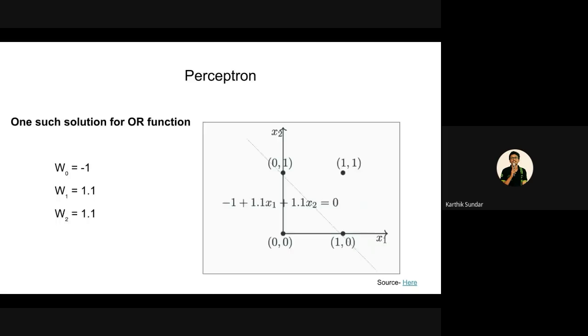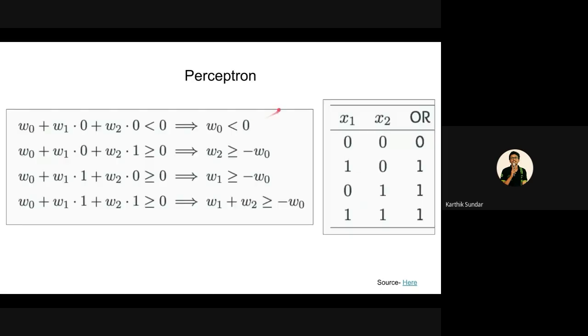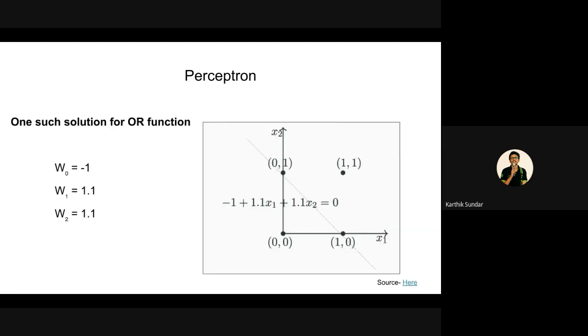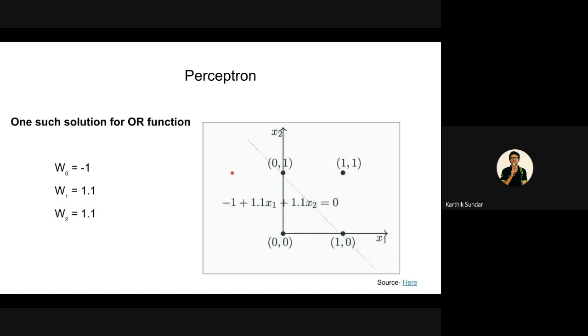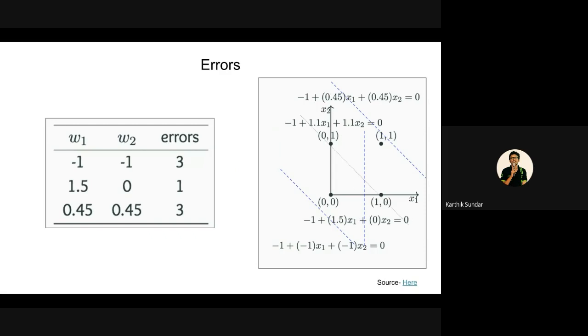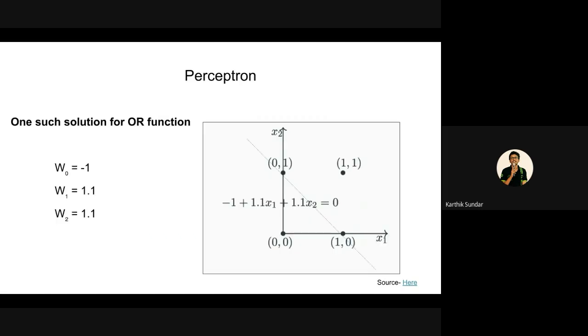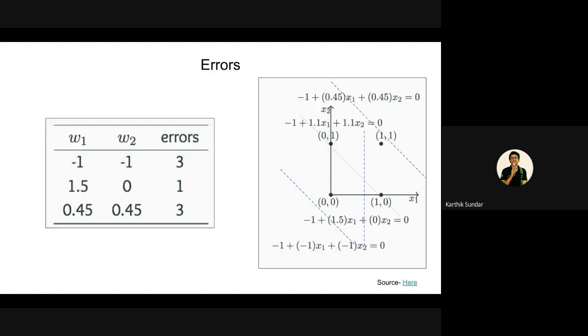But again, we generated this inequality and manually guessed the values for this. That's why all these inequalities are satisfied. But in machine learning, that is not going to be the case. We need to learn these weights. We need to learn what W0, W1, and W2 are, all these three things. So that comes to something called the perceptron learning algorithm. Before that, we will just look into the error functions.